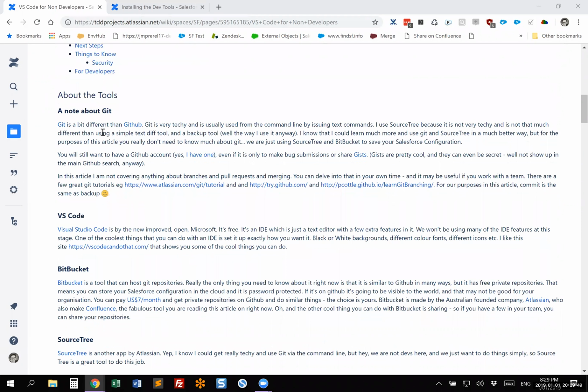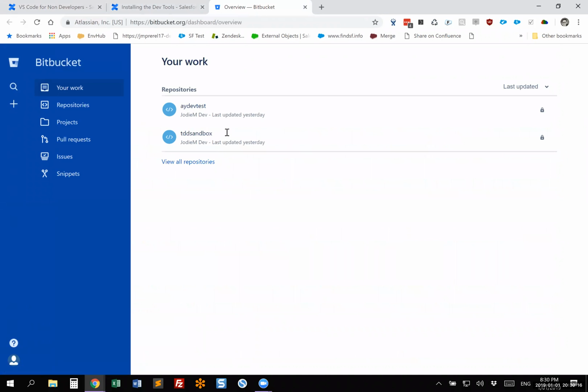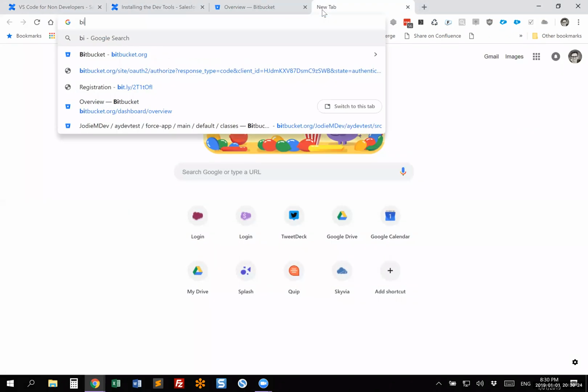But we want to use a tool that can then be extended to use for all sorts of other tools, like branching and merging and pull requests and everything like that that Git is really good for. So I use Bitbucket. Bitbucket's an Atlassian tool, and the best thing about it is it's got free private repositories. GitHub has $7 per month for private repositories, but Bitbucket